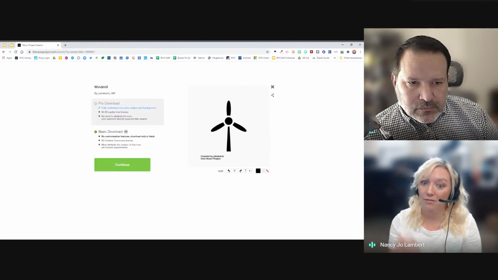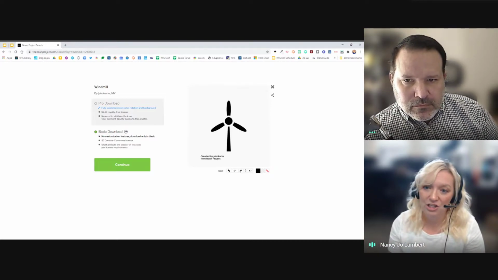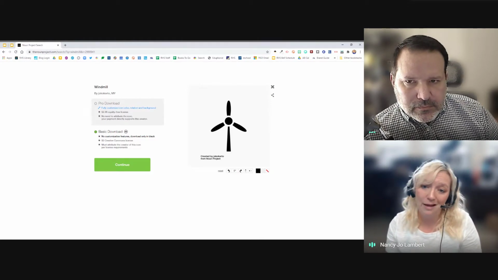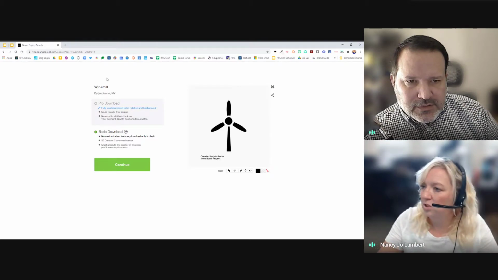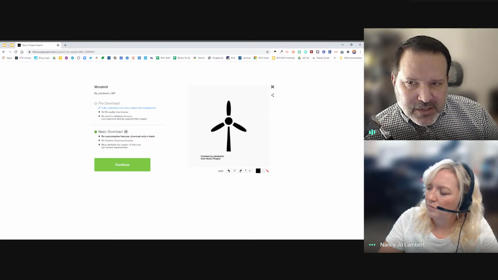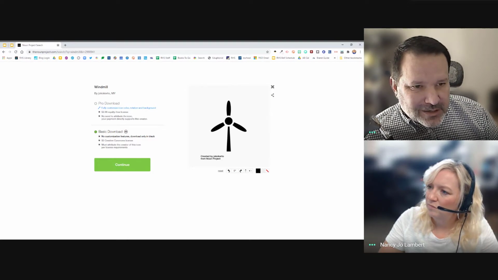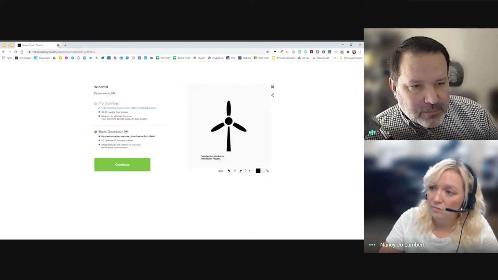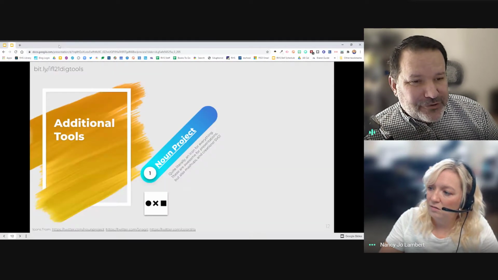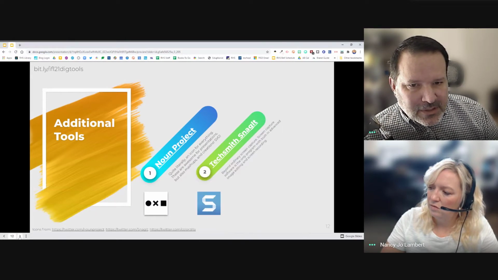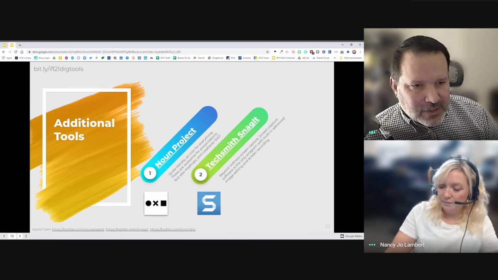So I'll pay the $3 for it because then I can change the color or do whatever I need to it. You can also pay by the icon, which is an option. It's been a while since I read this, or experienced it. I'm pretty positive that if you use Adobe Spark and use icons from there, they're pulling icons from the Noun Project, but they're a moderated version, so you don't get some of the more adult themed icons. So if you use Adobe Spark with your kids, they can get any icon they want inside of Adobe Spark.